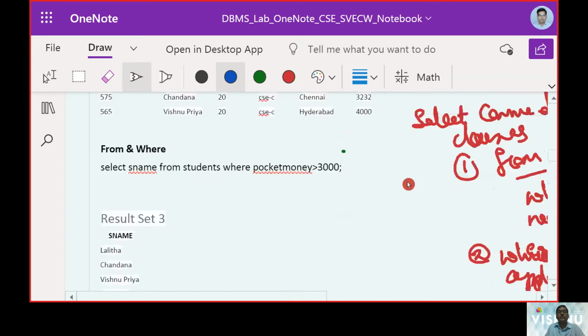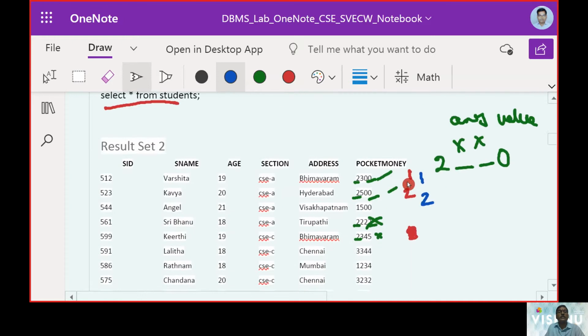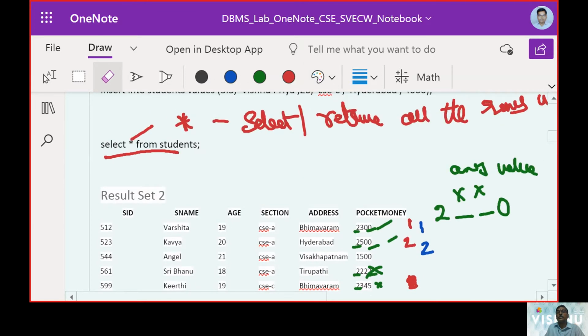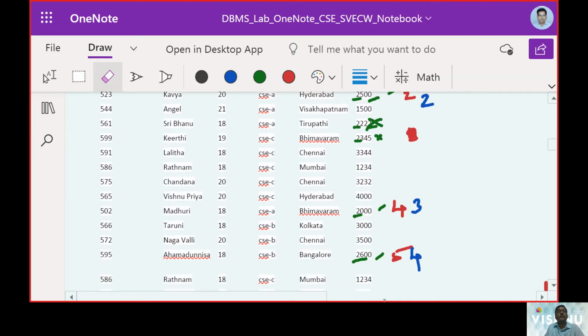Let us see the database first, how the database was constituted here. Let us erase the previous content, what was a part of this.